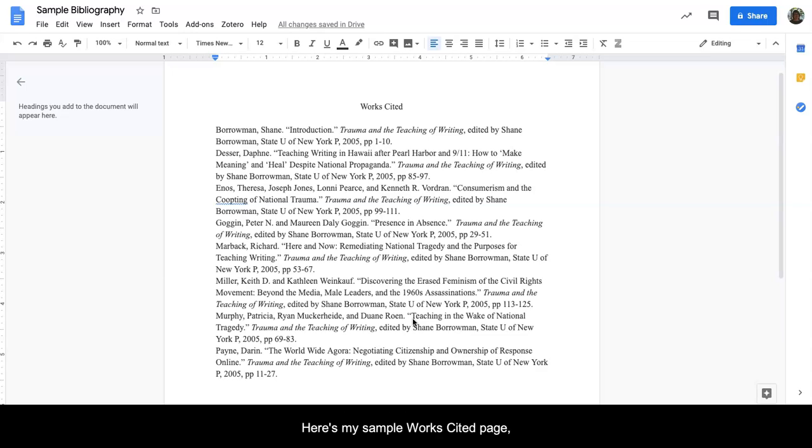Here's my sample Works Cited page. You can see that I have all of my sources listed in alphabetical order. This is done in MLA style, but the same thing would work in APA style just as well. So once I've written out all of my reference citations properly and I have them in alphabetical order, I'm simply